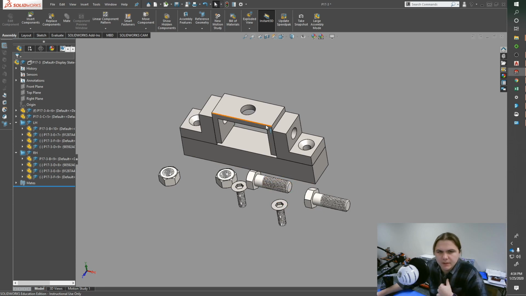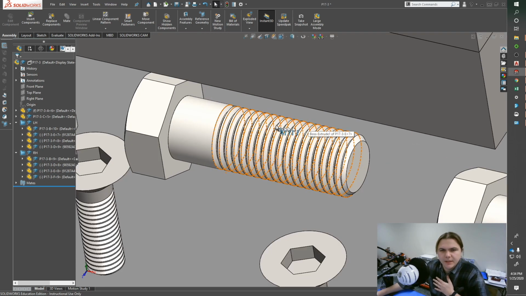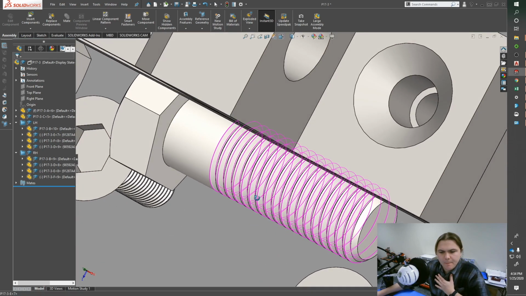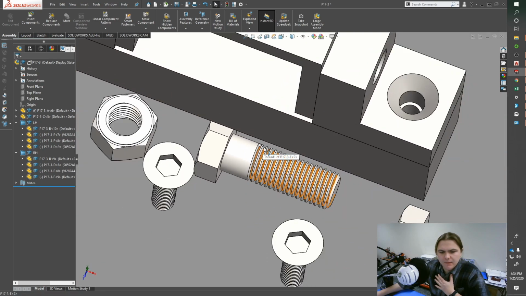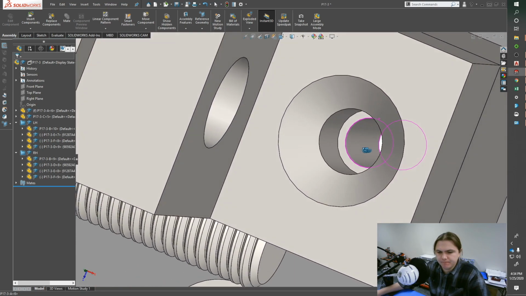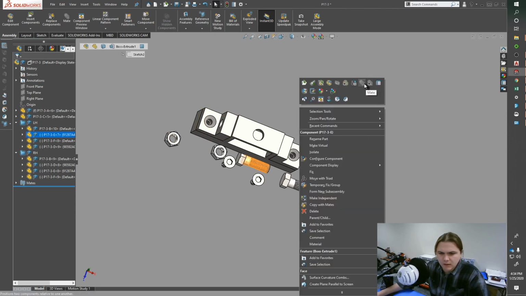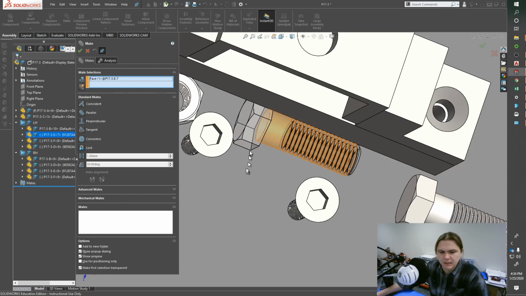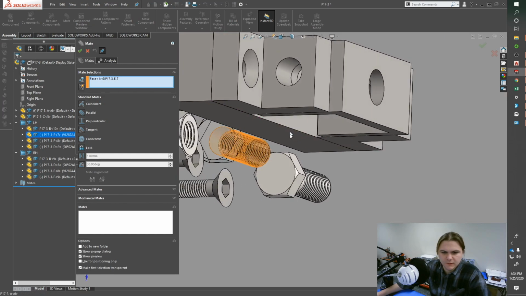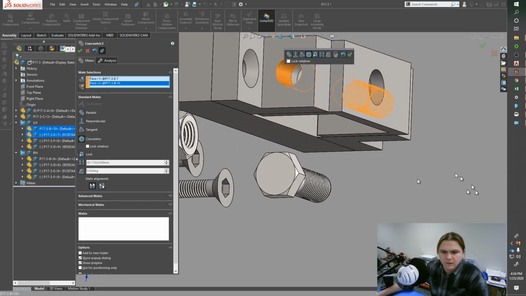For these fasteners, I will show in a different video how I made these threads. For this instance, it's not important that they have the threads, but like I said, I'll show you how to make those in a future video. So to get these mated, I just need to take, say, the cylindrical part of this bolt, go to that hole,